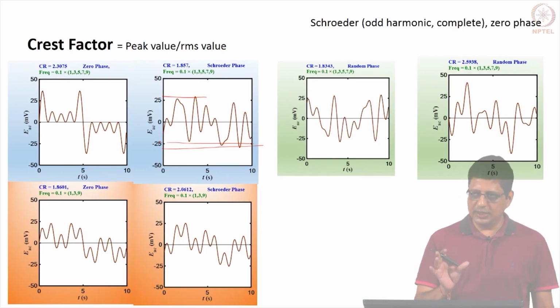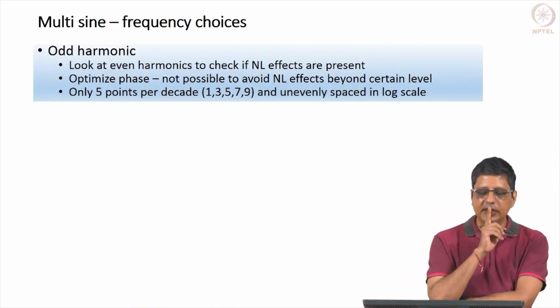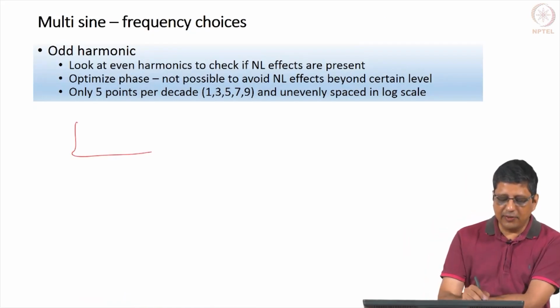So, if you use the full set, it is okay. If you use a partial set, you are better off using an optimization program to get the phase values and calculate the multiple sine wave. Now, one advantage in using the odd harmonic is if I supply the wave at 1 hertz, 3 hertz, 5 hertz, 7 hertz,